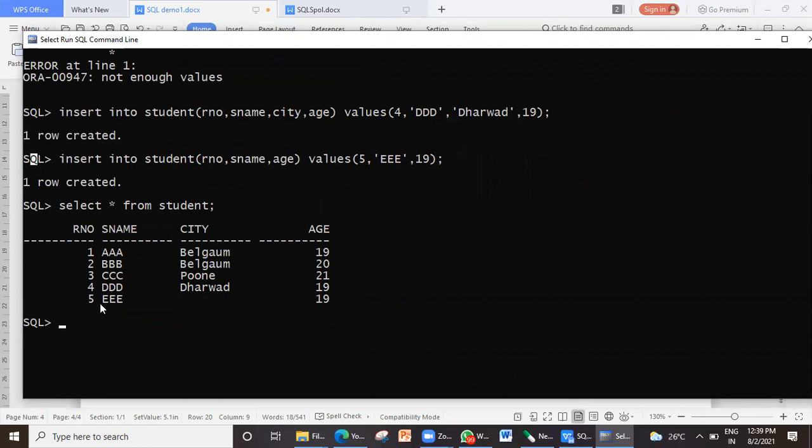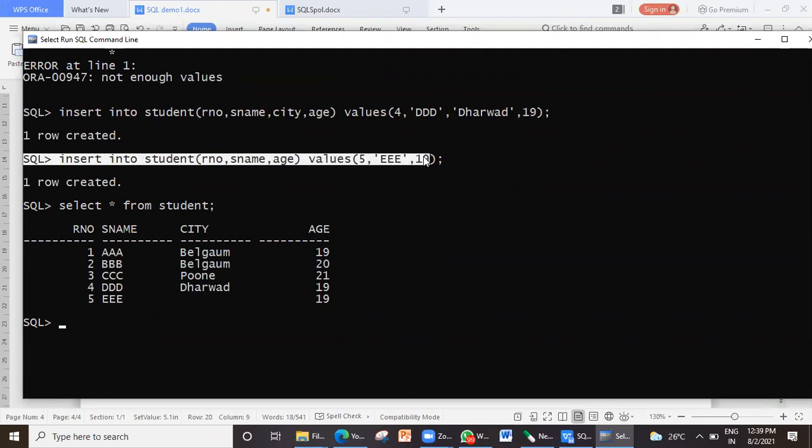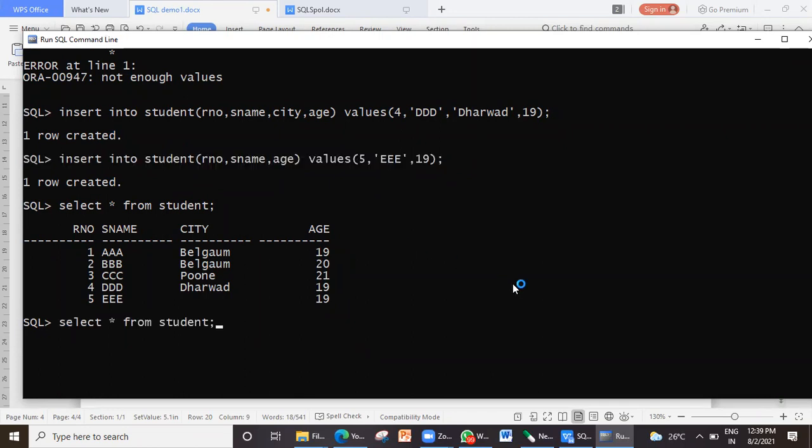Okay. Now with the same statement, I will try to skip name. I have skipped city here, so I will try to skip name. How will I use the same syntax? I will skip name and write city for the next record to be inserted.